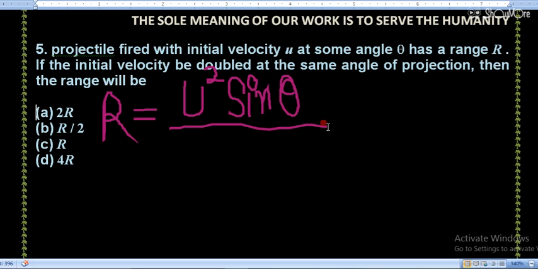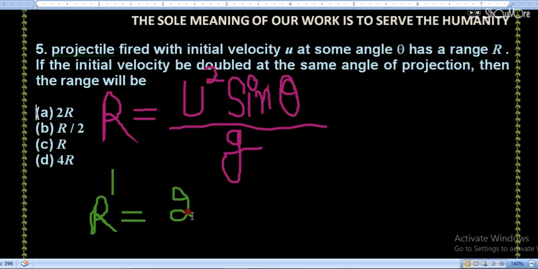It is the value of range when the body is fired at velocity u. Now the new range will be R dash. So R dash will be equal to the new range, and now the velocity is doubled, so that means it will be 2u